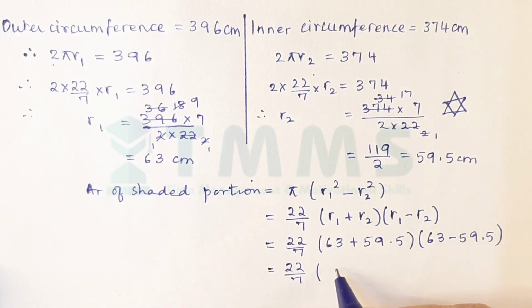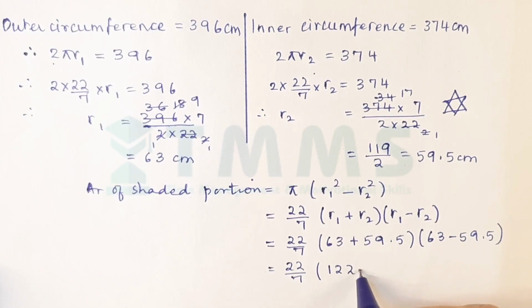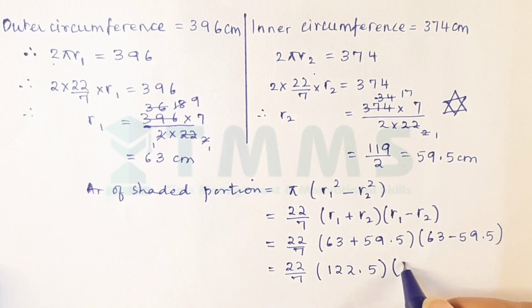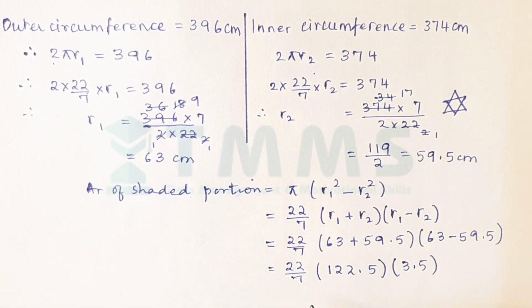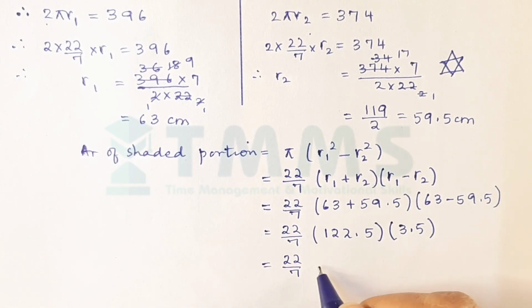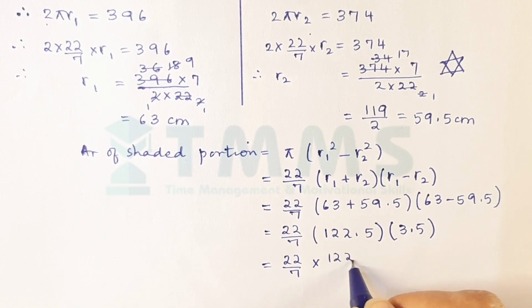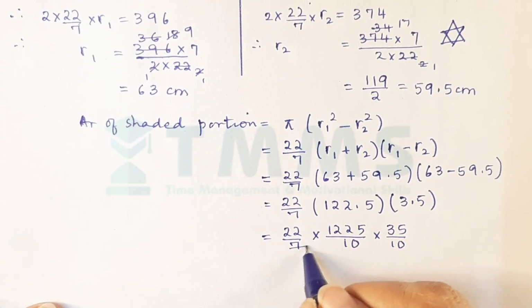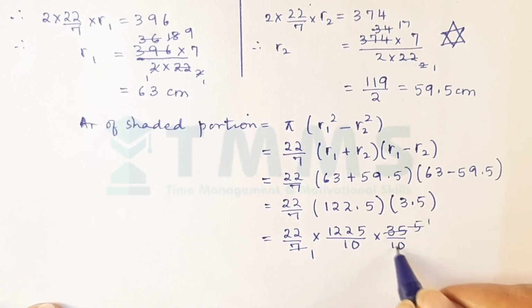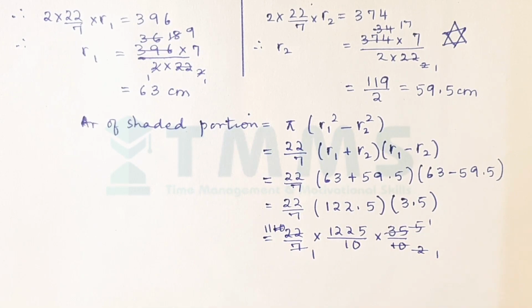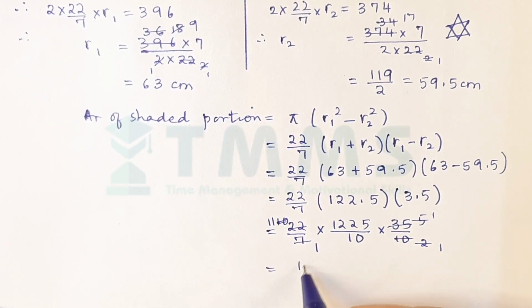So we write 122.5, and here we will write 63 minus this, that will be 3.5. You got that? Now let us see how we proceed. 22 upon 7 multiplied by 1225 upon 10. I'm removing the decimal, and here 35 upon 10, and that gives us 7 ones, 7 fives, 5 ones, 5 twos, 2 ones, 2 11s, and so we are going to have 11 into